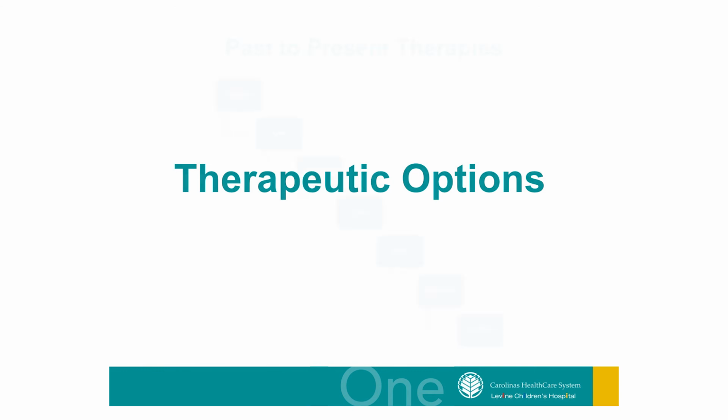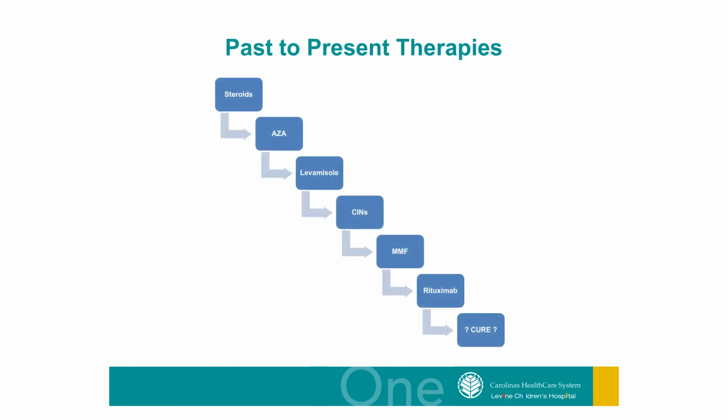So just a minute on therapeutic options. I thought I'd make this slide just to go back to what we said a minute ago. We started way back when with steroids. Then we went to azathioprine. It fell out of favor. Then we've got levamisole, which we can't get here in the States. Then we go to calcineurin inhibitors, which have their own degree of toxicity, but they work very well when they do. Then we jump down here to MMF now, and depending on where you are in the country,